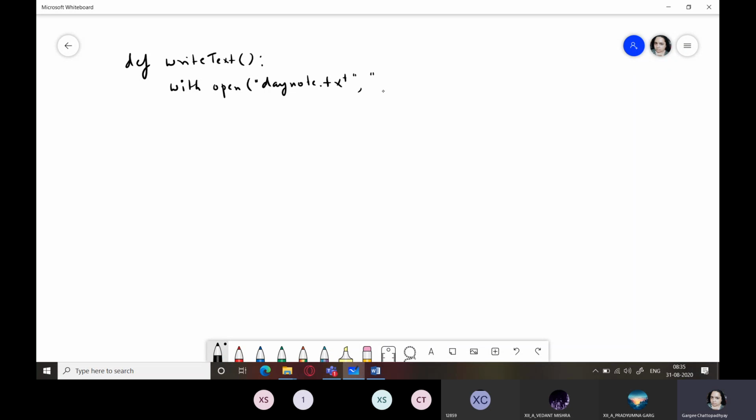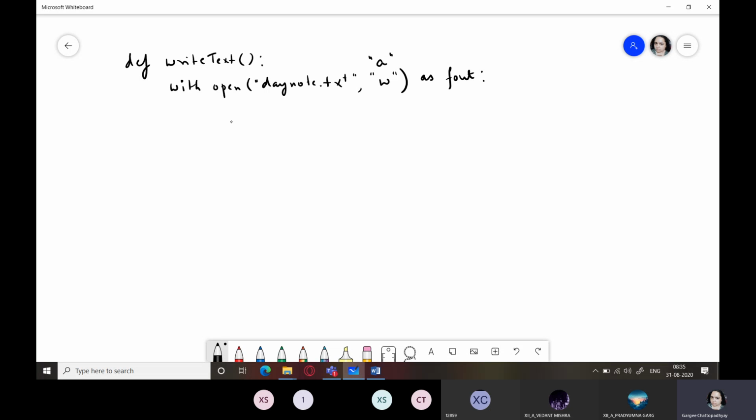which mode I am going to open. Now it's up to me whether I want to open it in the write mode or the append mode. Append mode, because if I need to add more content to the file later on, then append mode will work. So it's up to you which one you want to use. Okay, because nothing like that has been specified in the question. So it's up to you. As F out, because I'm performing a write operation.